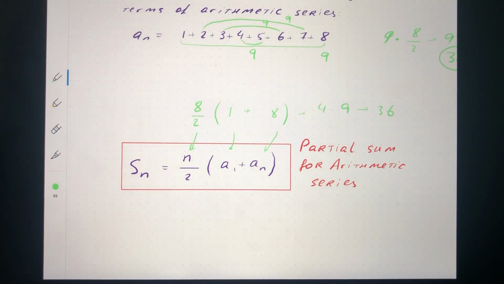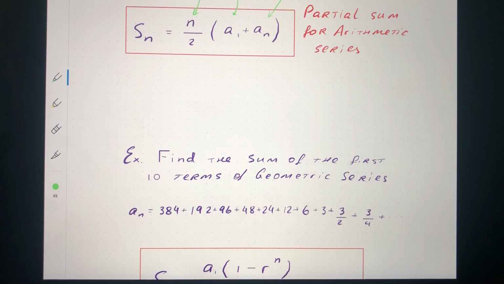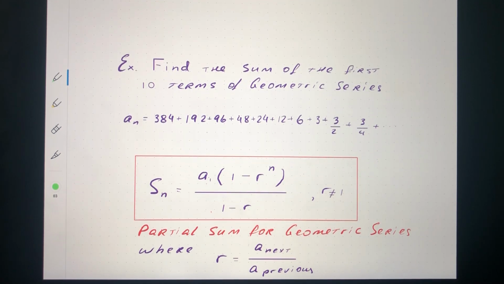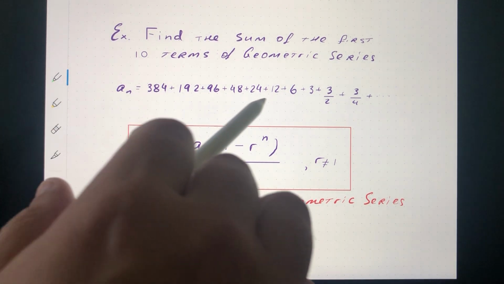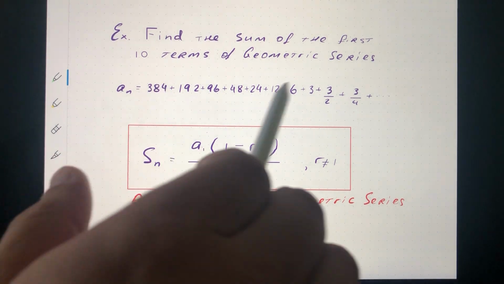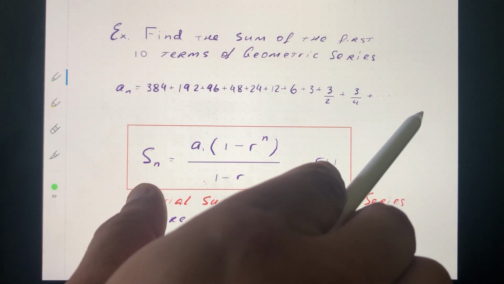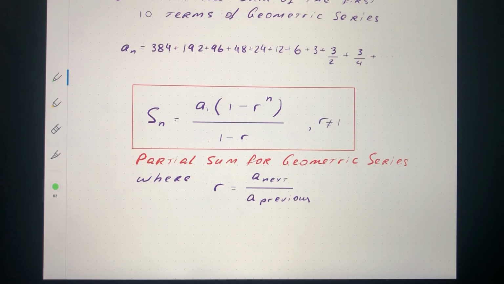The next two formulas deal with geometric series. Geometric series is when we multiply by the same number to get from one to the next. And so here is an example with the formula right next to it. So suppose I'm trying to add the 10 terms of this geometric series, and I've listed all 10 of them, and this pattern continues forever. But let's say I simply wanted to compute the first 10 of them. Well, the formula is that the sum of the first 10 is the first number, that comes out to be 384,